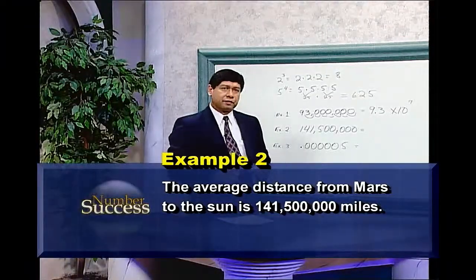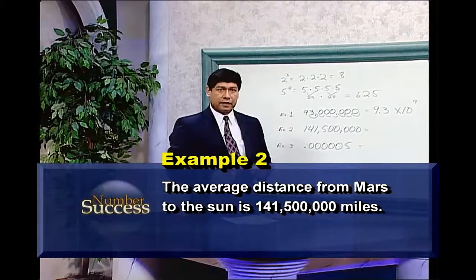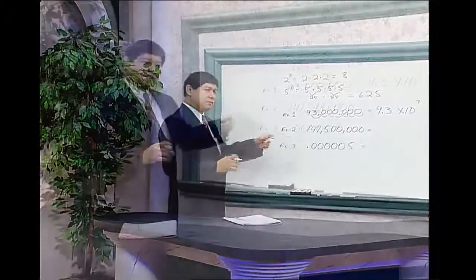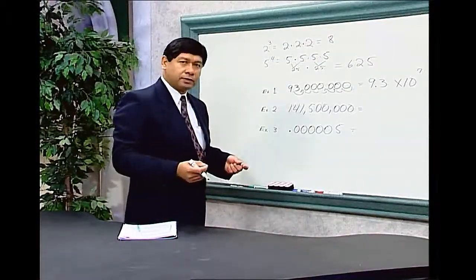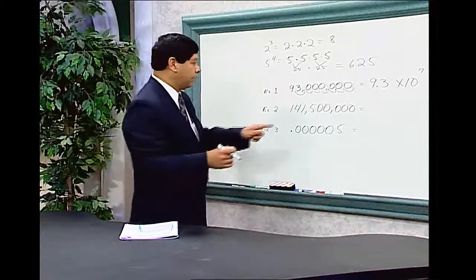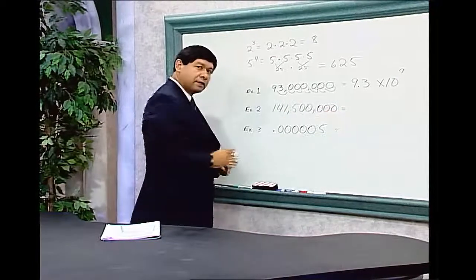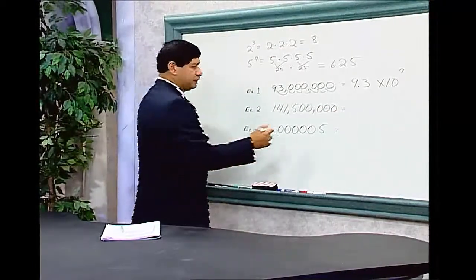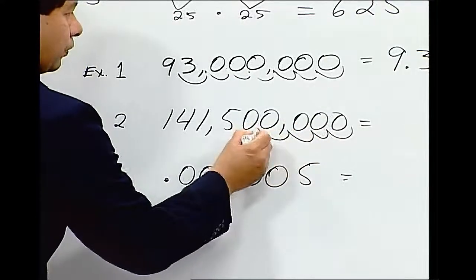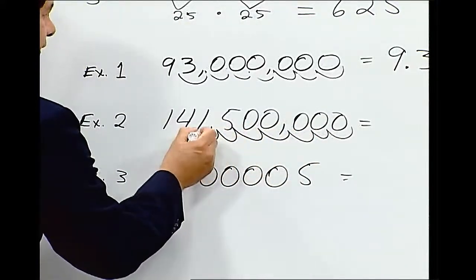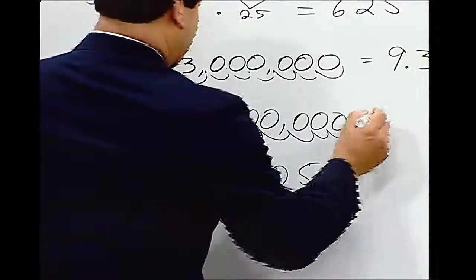Example 2. The average distance from Mars to the Sun is 141,500,000 miles. Again, it's a very large number. We can write this in scientific notation. That way the number is a lot easier to deal with. So, moving our decimal point, again, to the left. Let us count how many places we need to move it. We have 1, 2, 3, 4, 5, 6, 7, 8. Almost got confused there. So we write that as